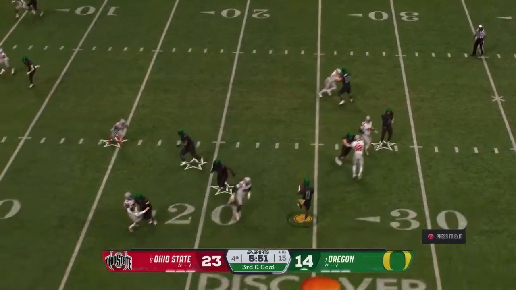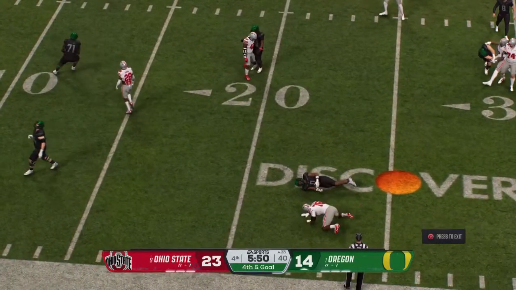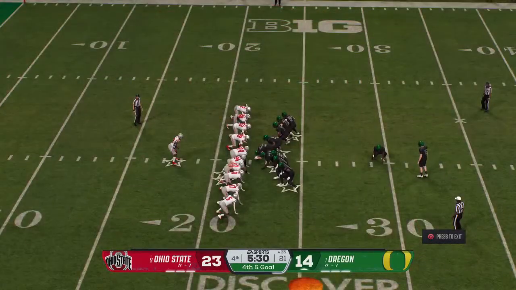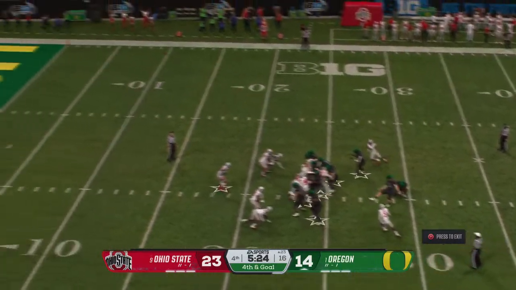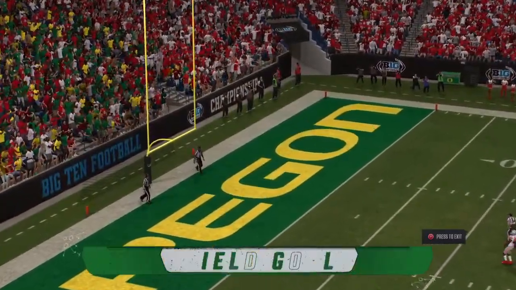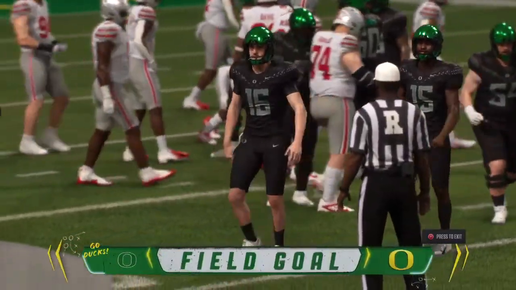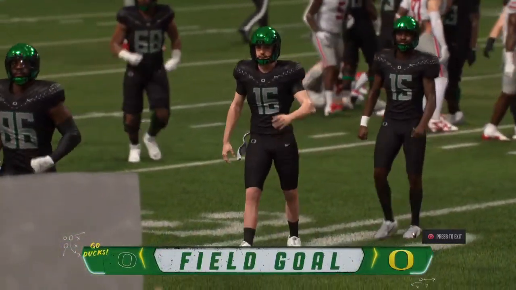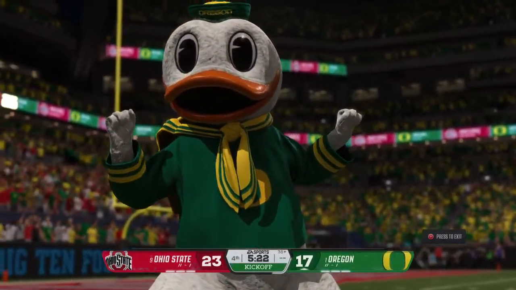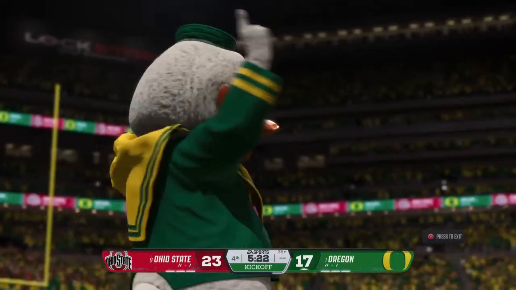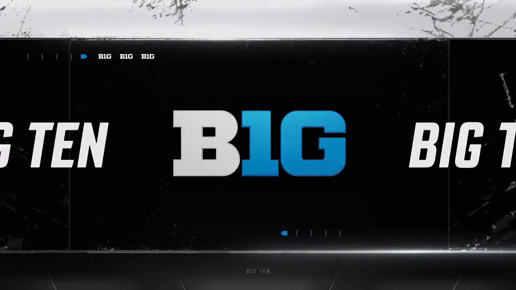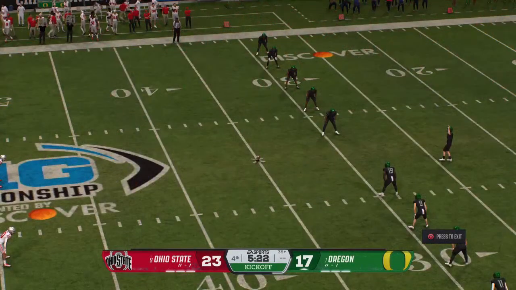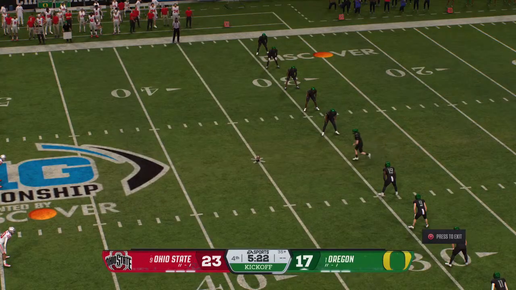Here's the snap. Offense looking to throw the ball. Running back has it on a screen now. And the defense swarms him. They've got him behind the line of scrimmage. So on 4th down, it's an all-important field goal attempt. Hold your breath here. Makes it look easy. Following the field goal, the kickoff team is out there now.